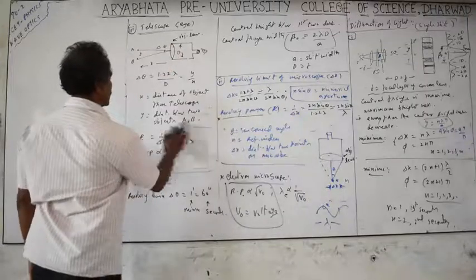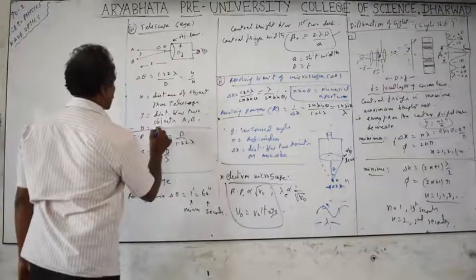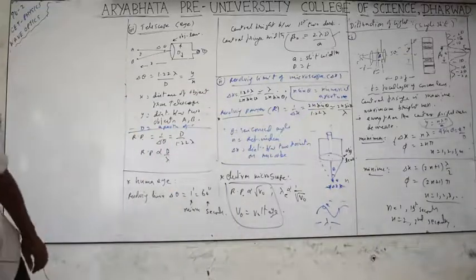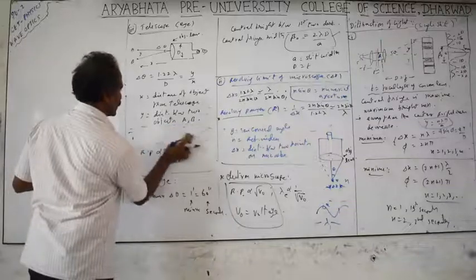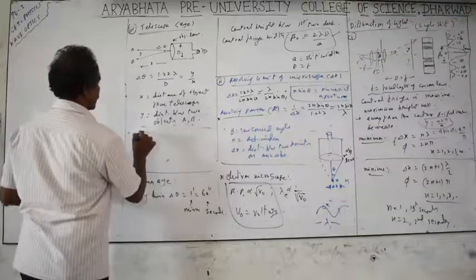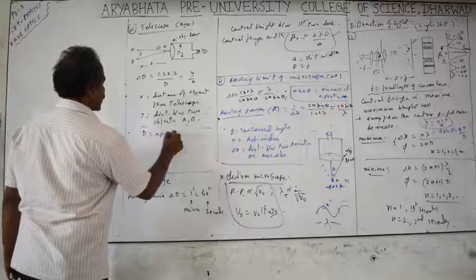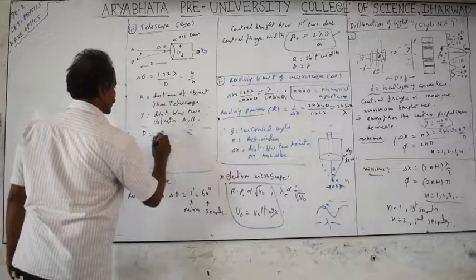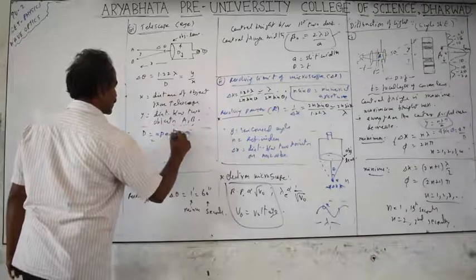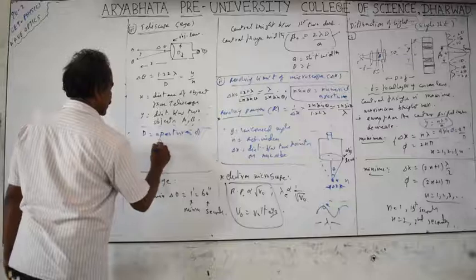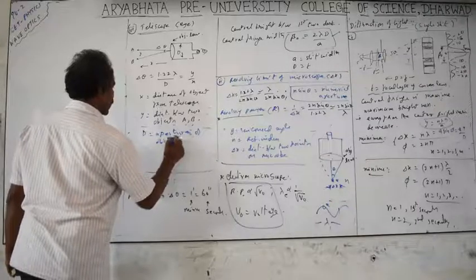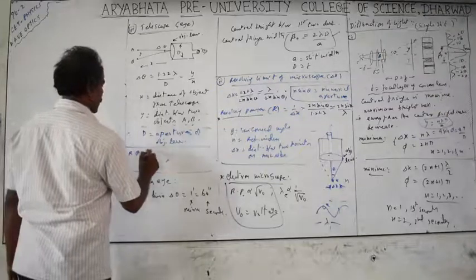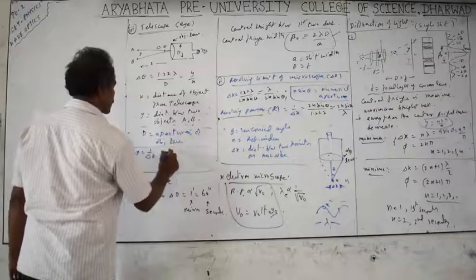D is the aperture of the convex lens, called the objective lens. Resolving power equals 1 by delta theta, reverse of it, which equals D by